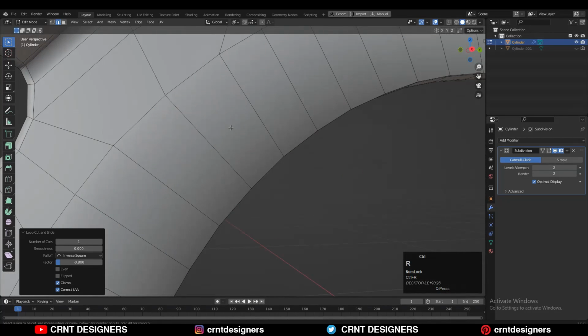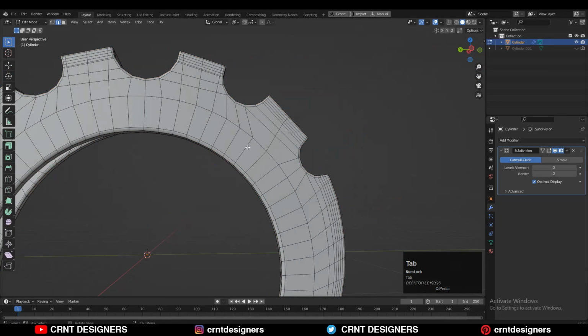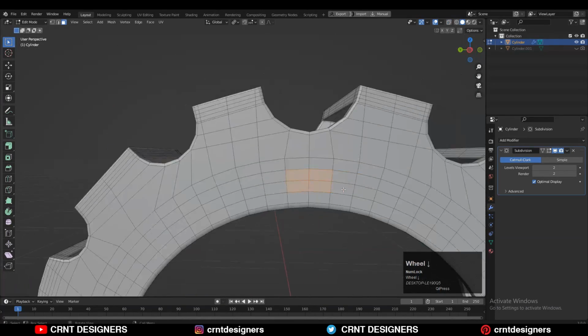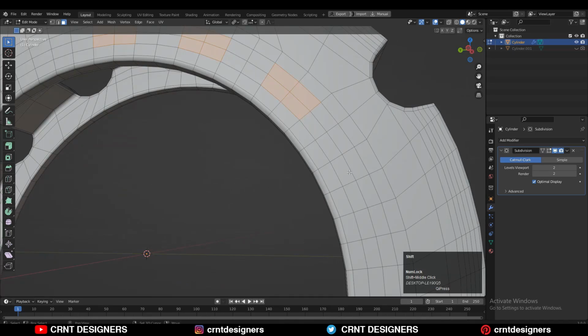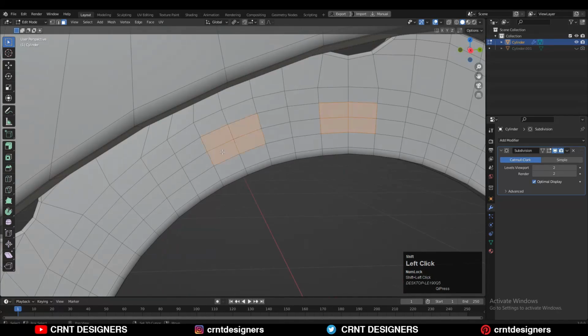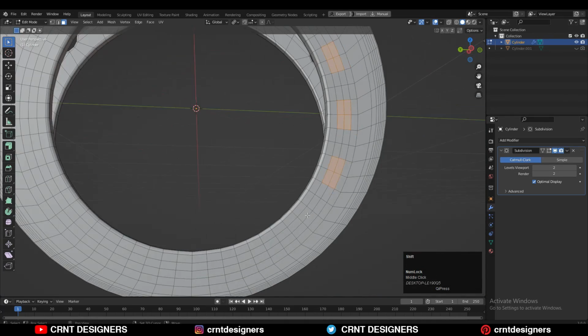Then you can add more loop cuts like this, and I will try to create a little bit of design on the model. I just want to create the boolean details there, so I select these faces and then use the insert operation and then loop tool. You need to select the faces in an alternate manner, from the outside and from the inside also.